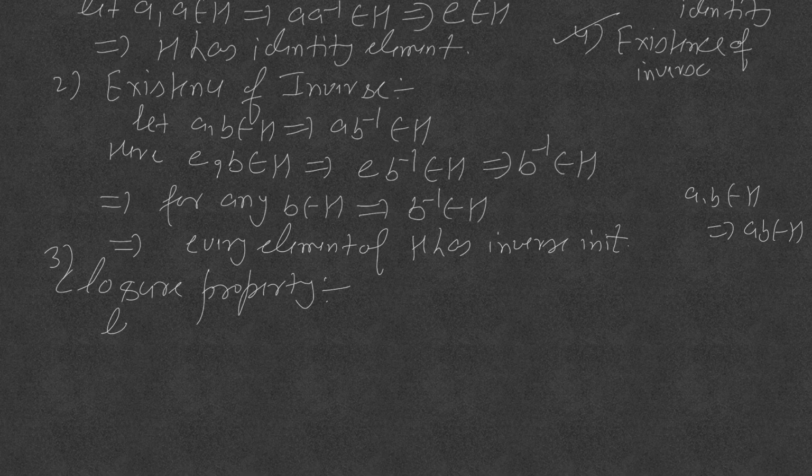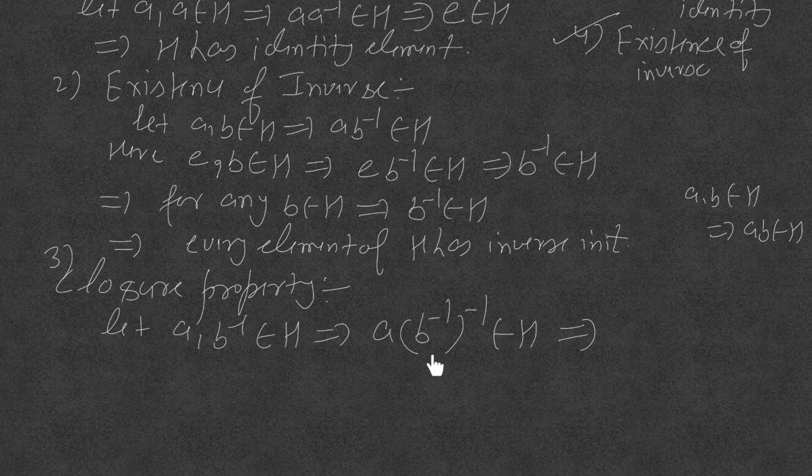So let us take A and B inverse, any two elements. Because now we have proved that inverse of every element will exist, so B inverse will also be there. So we can take these two elements, and the given condition says that if the two elements are given, then this implies that A B inverse will belong to H, and we know that if we take inverse two times,